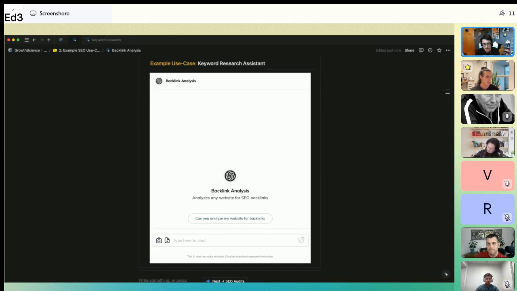And then I asked it, hey, can you give me an overview on conducting backlink analysis of a website? Then I took this overview, and this is a trick you guys can use. The new Gemini has this thing called Gem Manager. So what I did was I simply took this overview, I grabbed this,